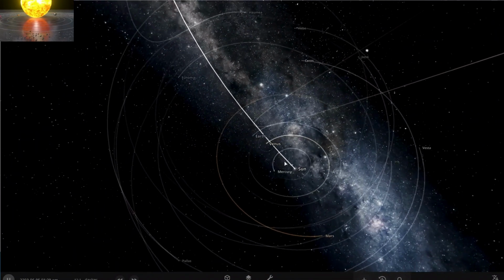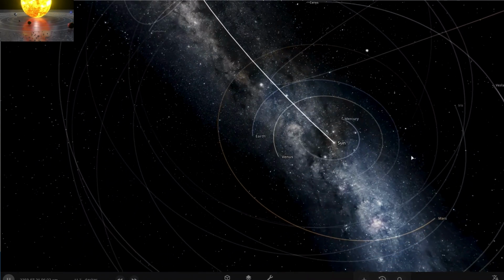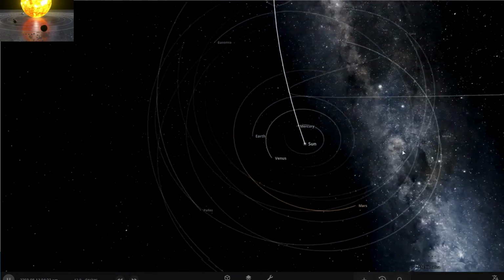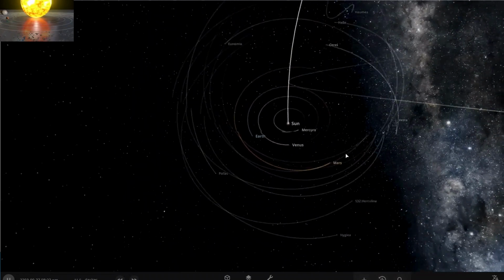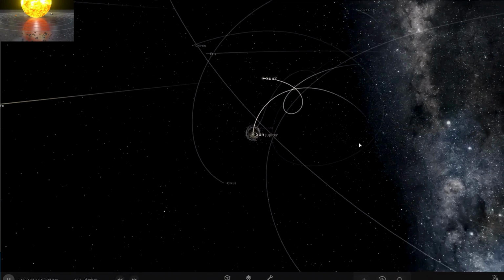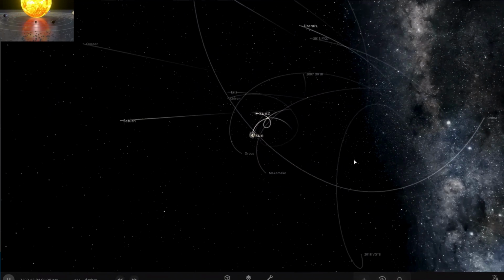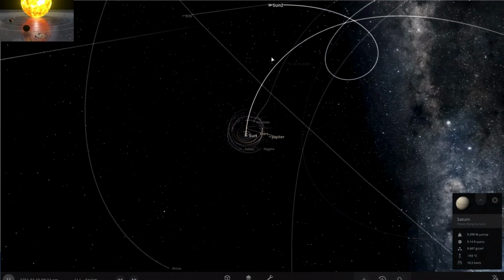But for now, you can see Mercury, Venus, and Earth, and also Mars. They just stayed in their orbit, try to stick with the first sun, not to get stuck with the second sun. But we lost Uranus, we lost Saturn, as you can see, and second sun is just